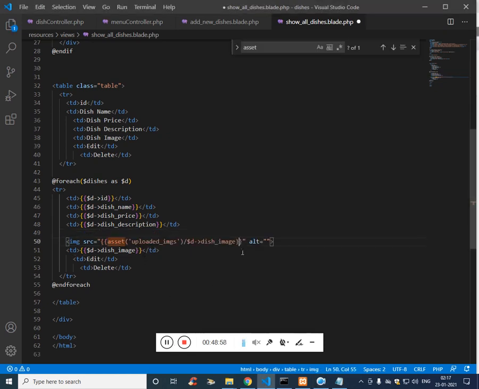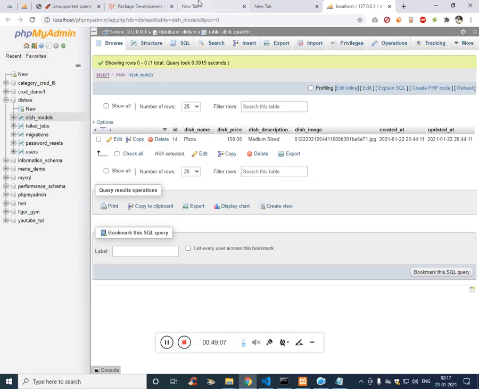Actually this one should end here. Now we should see the image,